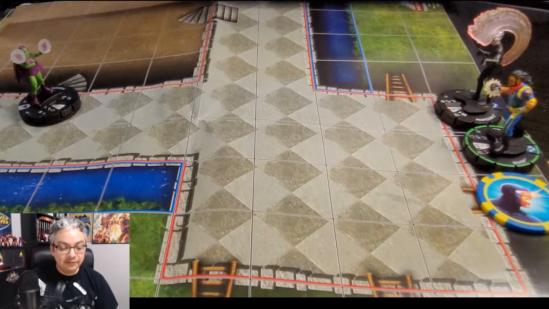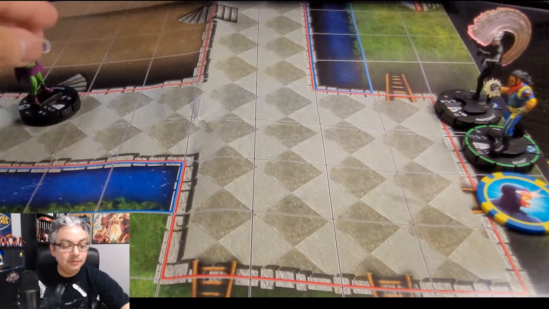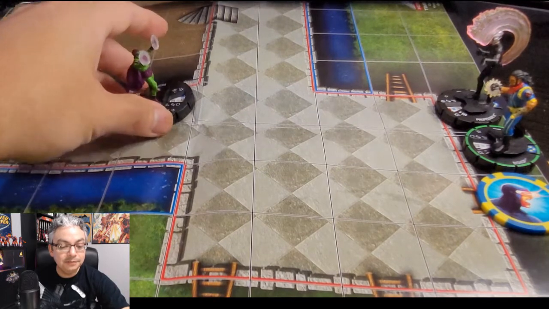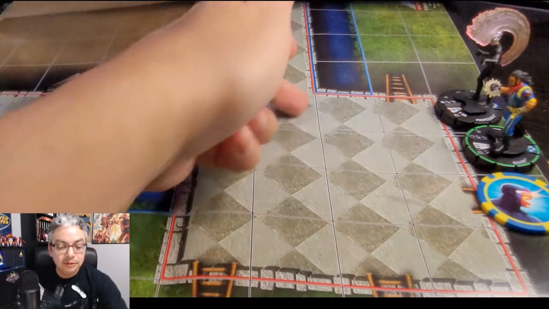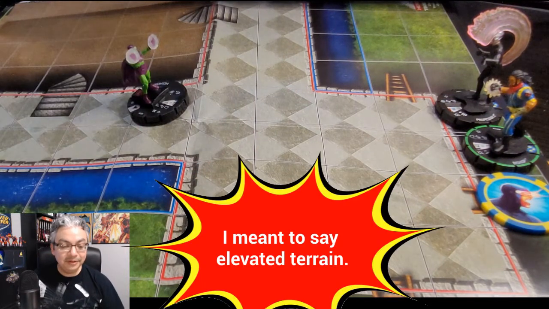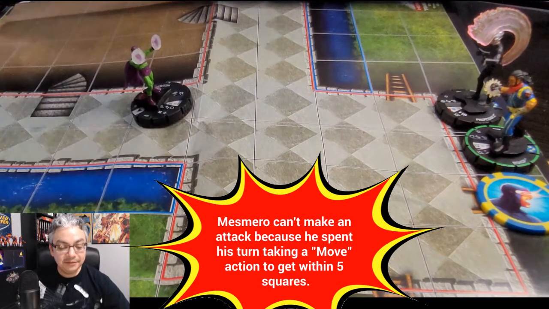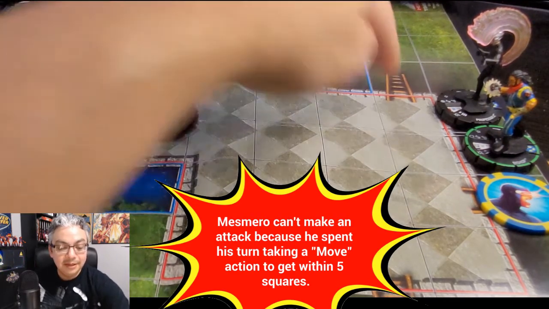We have to get within 5 squares. So what that forces Mesmero to do, of course, is have to get closer. 1, 2, 3, 4, 5. Now that he's able to successfully make attacks, of course, we still have to watch out for the hindering terrain. You can't make an attack from here because obviously he's on a different edge of elevated terrain as opposed to